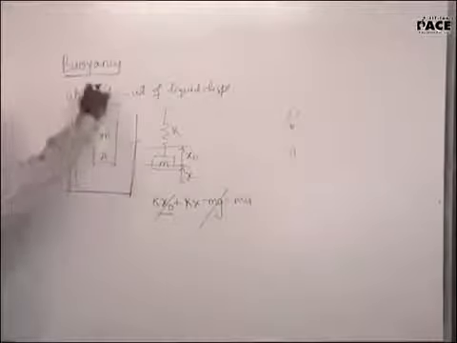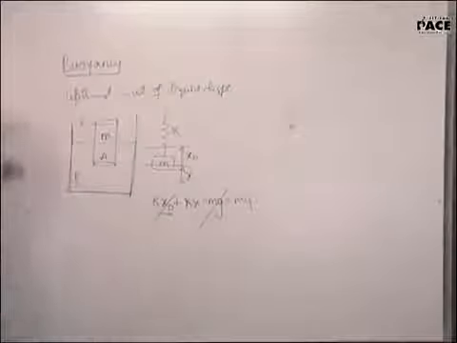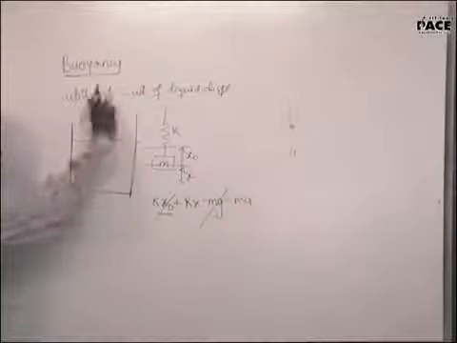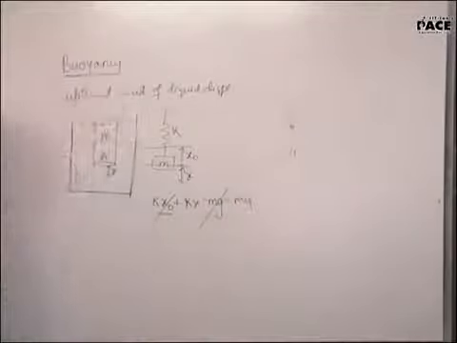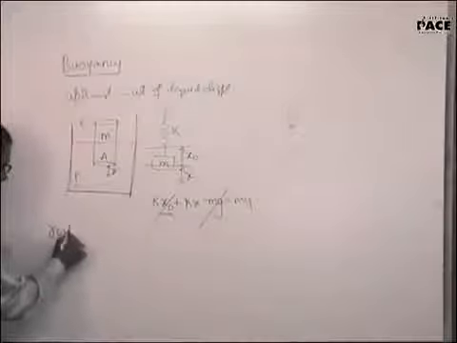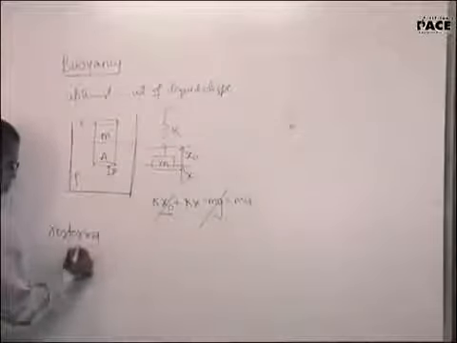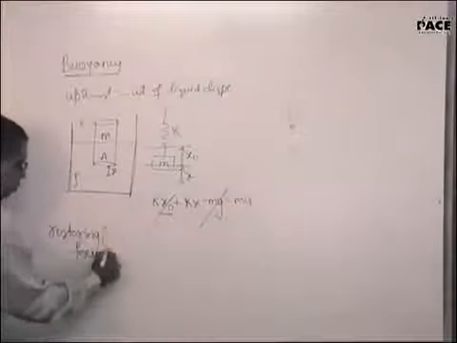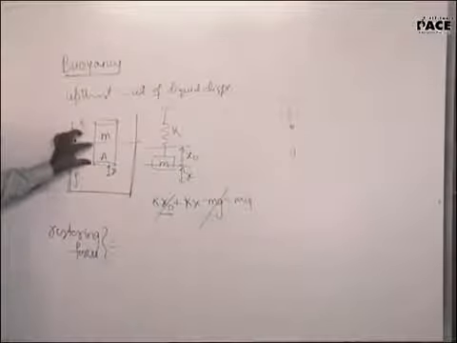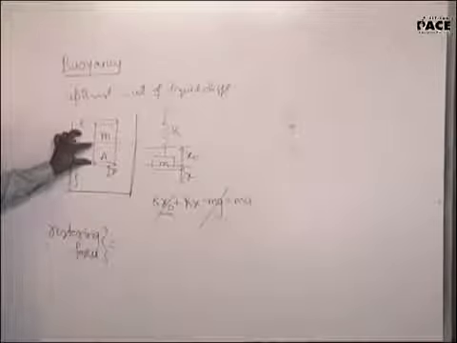But suppose I slightly suppress this and release it. I suppress this by a distance of x. It will perform SHM. Obviously, we will calculate the time period. Now, what will contribute to the restoring force here? The restoring force will be equal to the additional buoyancy generated. Don't tell me this volume will contribute to the restoring force. That will balance the weight.